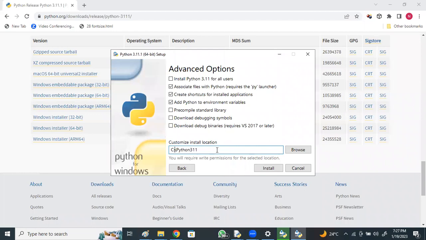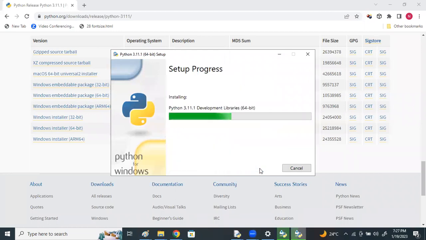Otherwise, tomorrow if you want to locate Python, if it is installed in C drive, Users, Dell, AppData, Local, Programs, in many subdirectories, it will be too difficult. So just install within your C drive, Python 3.11. Python 3.11 is a folder that is created automatically, and in that folder you can see Python getting installed. Just say install. It hardly takes 1 minute to install Python.